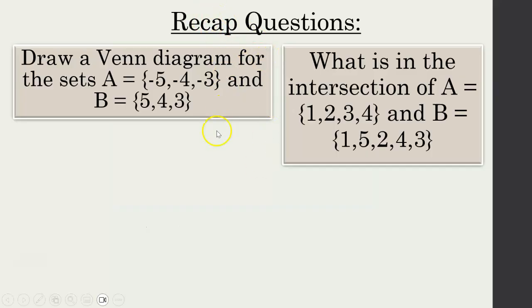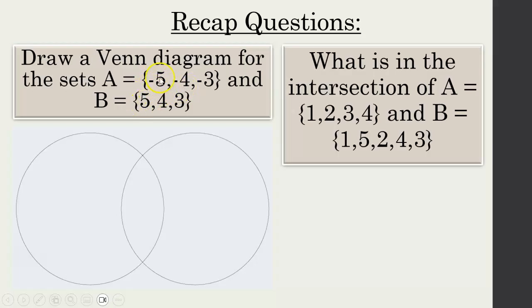So, as I always do, I'm going to give you some recap questions to look at. Draw a Venn diagram for sets A and B, and then what is in the intersection of A and B? Okay, so you should get out your sheet of paper and you should have drawn this, but I'll just go over it. So you draw your two circles first, one circle and then another circle overlapping. Always do your intersection first. So what do these two things have in common? Well, they have